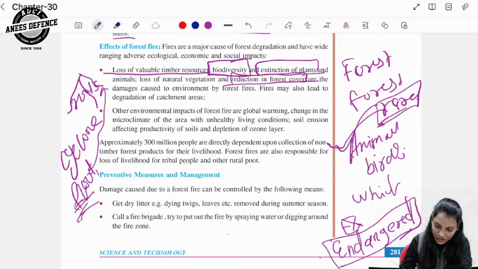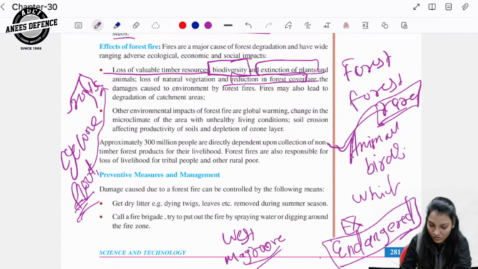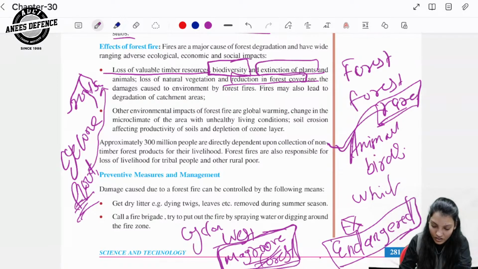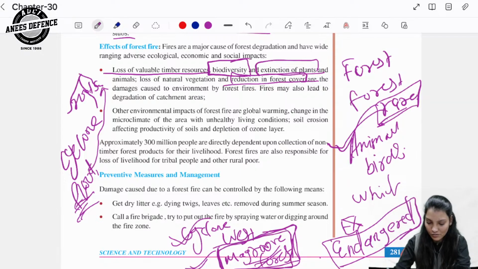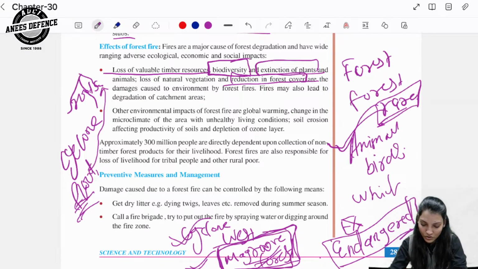For example, in West Bengal, we have mangrove forest. What is the significance of this particular forest? This mangrove forest can help us to get rid of cyclone. We can prevent the cyclonic condition and flood-like condition with this mangrove forest, as this forest has more absorption